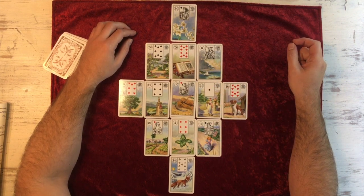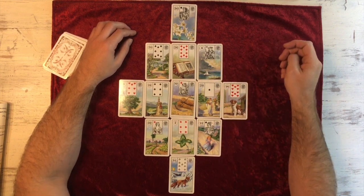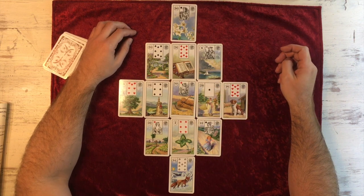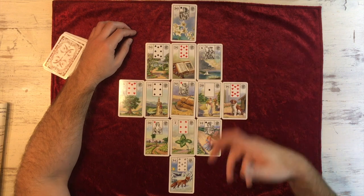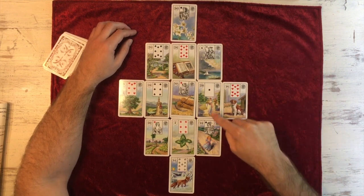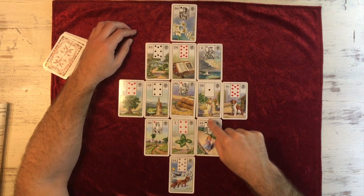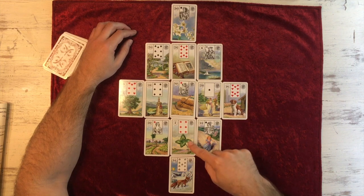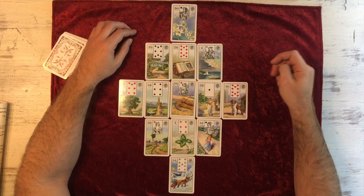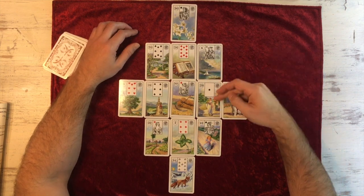But this can also show someone giving us nurturing. It can also show pleasant conversation. It can show getting some kind of support and nurturing, giving our inner child a bit of love, right? So we can see here that there's going to be some happy event that's going to set this right, I would say. So I was able to give the querent some broad outlines about that, and then sure enough, he